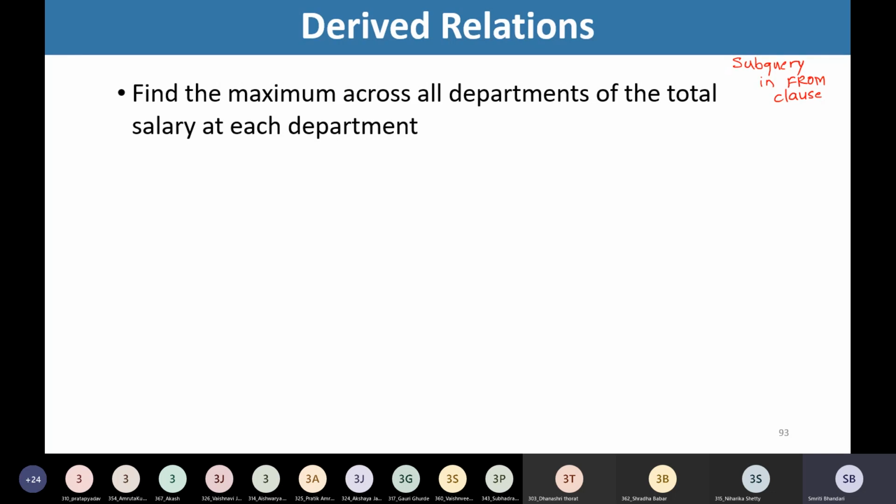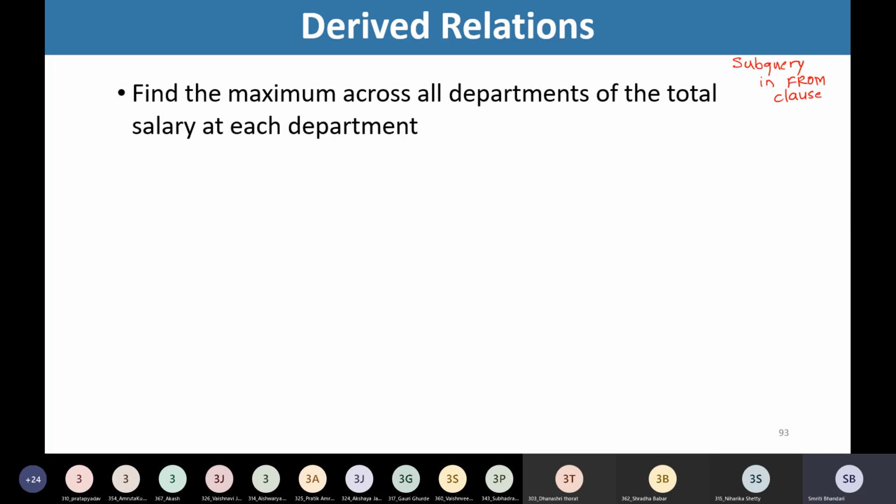We want to find out the maximum across all departments of the total salary at each department. So what to do?